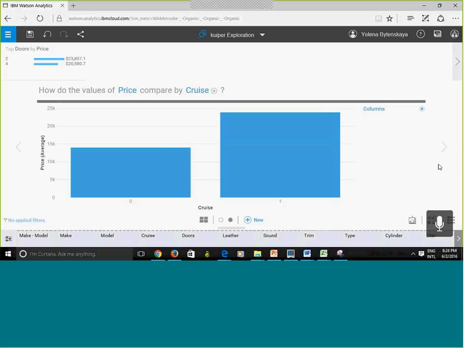Now, there is something important that you're going to see in the tutorials and in the course that you're going to take from Big Data University. They're discussing two types of filters: a global filter and a local filter, and explaining what that is. So here I've got my data, right? Currently it is showing an average price per cruise. And suppose that I don't want to see all car models. I want to see only specific car models.